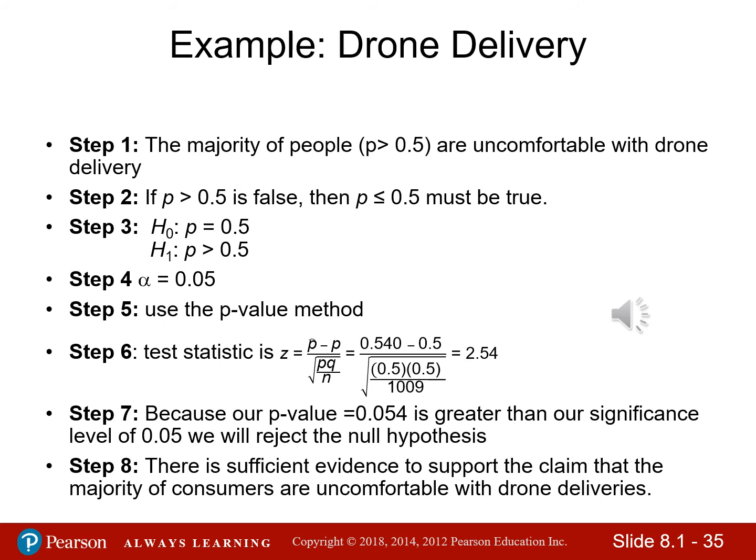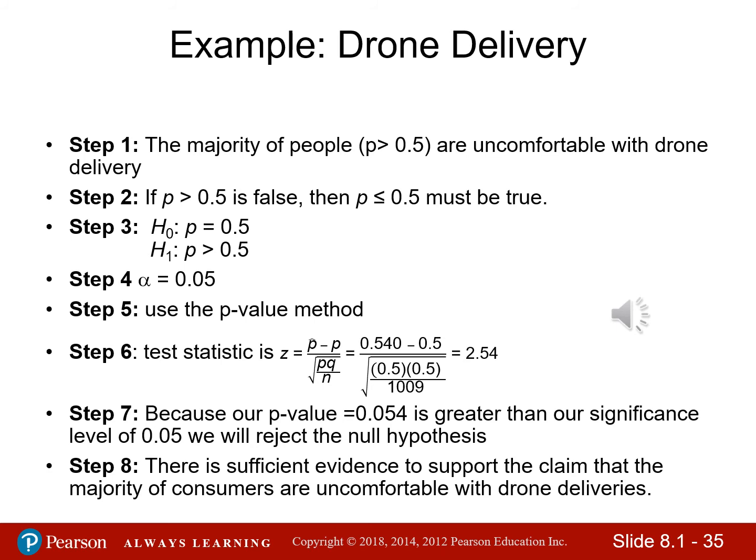In step 4, we select our significance level of alpha. For this example, we set alpha equal to 0.05. In step 5, we determine that we are using the p-value method. So in step 6, we just calculate our test statistic. Let's calculate it by hand again. So we have z equals p hat minus p over the square root of p times q divided by n. And this equals